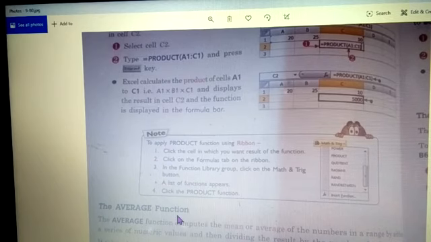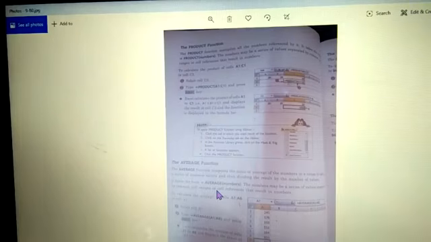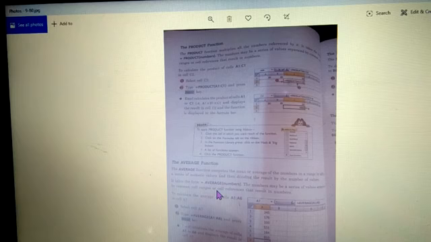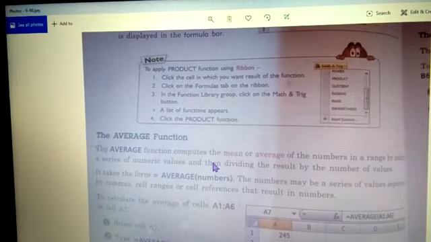Now average is also very similar, only the name is different. And what is average, children? You add all the observations and divide by the number of observations, right? So average is a function like a mean, right? You know this, how to do it in maths. How do you write this?